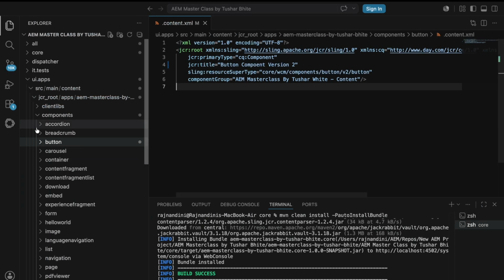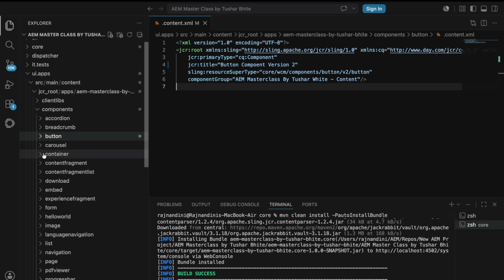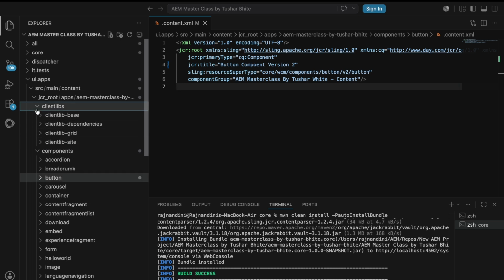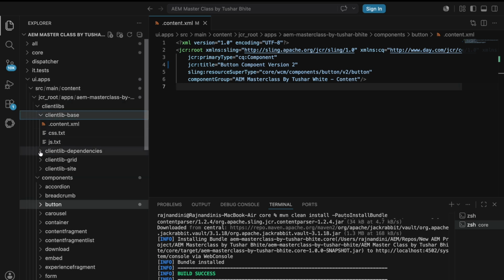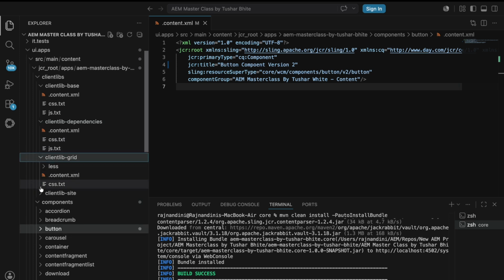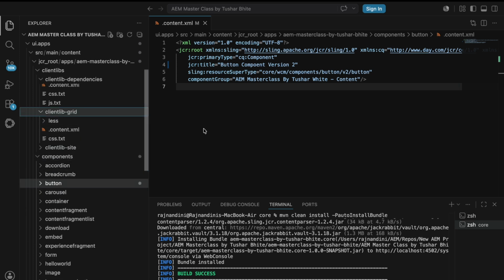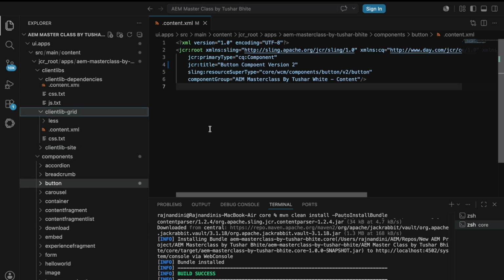Now we can do this not only for XML, but for any kind of JavaScript or CSS files which are present in the client libraries. So this is how front end code can be